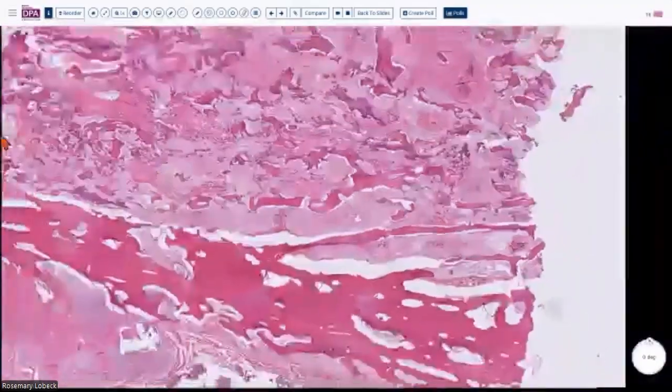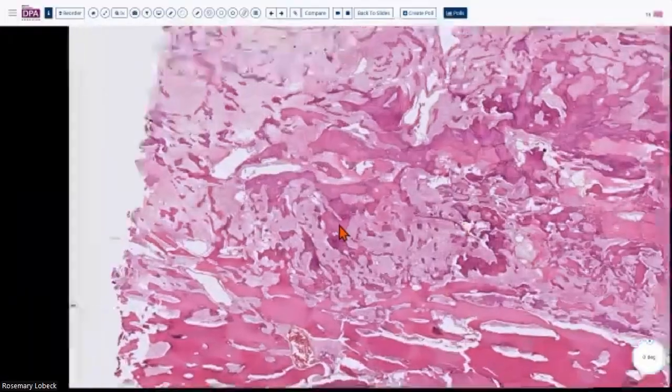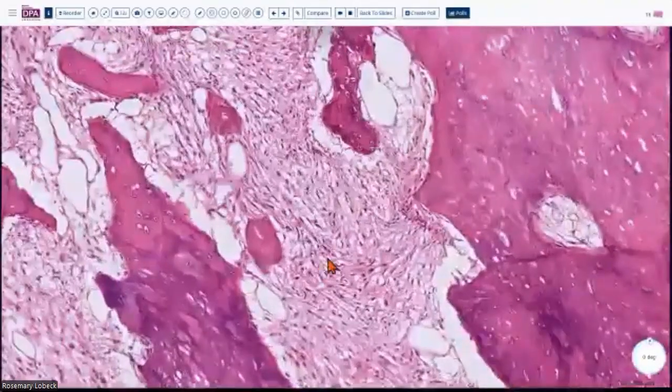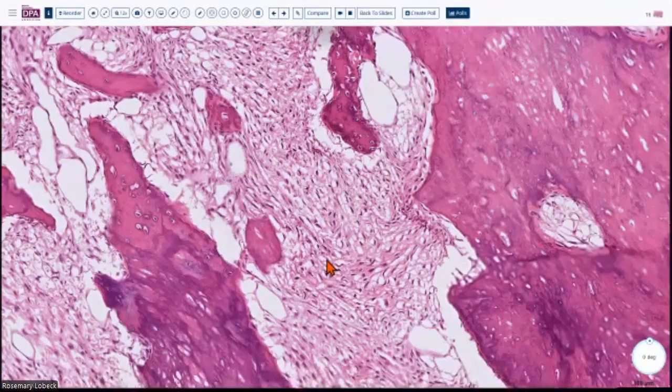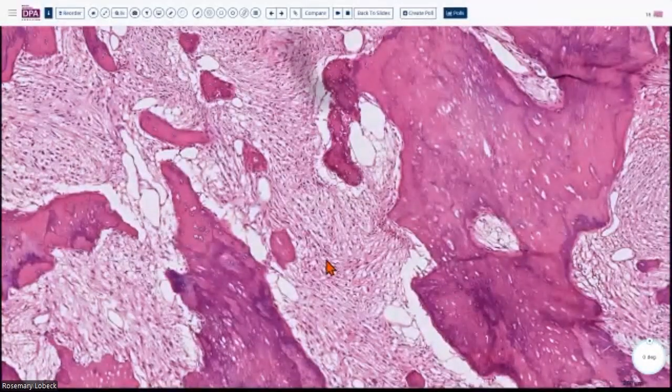Long parallel trabeculae. And even here, you can see the long parallel trabeculae, right? And then you go in between these trabeculae, you see that it's very bland. It's a very bland fibrotic or fibroblastic proliferation. If you are just sticking to high power, it's going to be really hard to make a diagnosis of malignancy